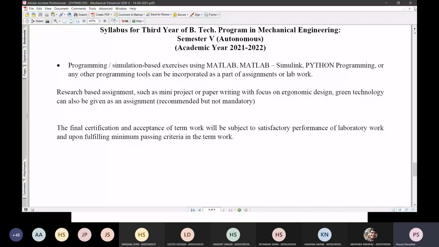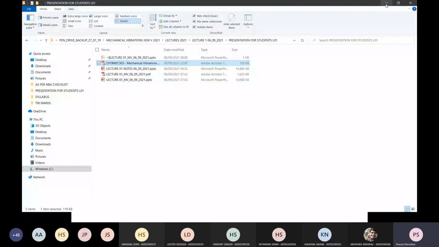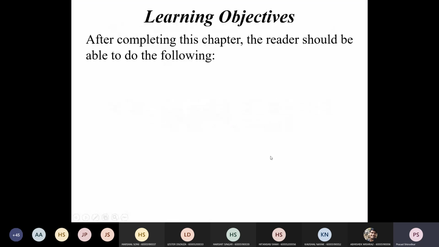So let's go through some of the basic things. That is just about what the syllabus is, so let's get back to our presentation. This is our first introductory chapter. After we complete this chapter,